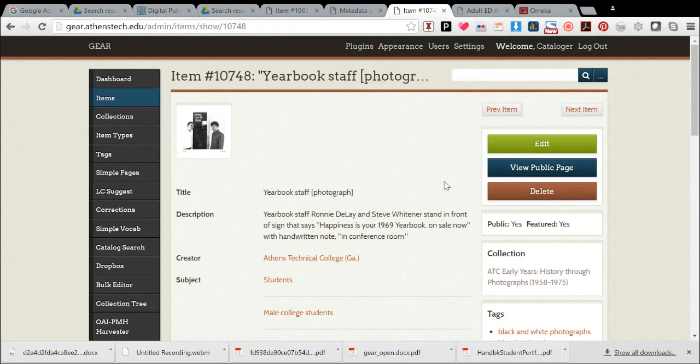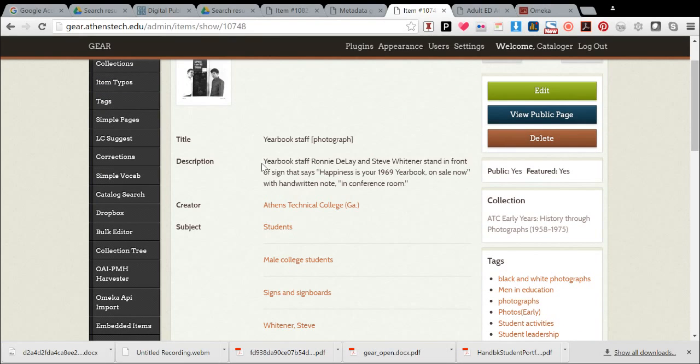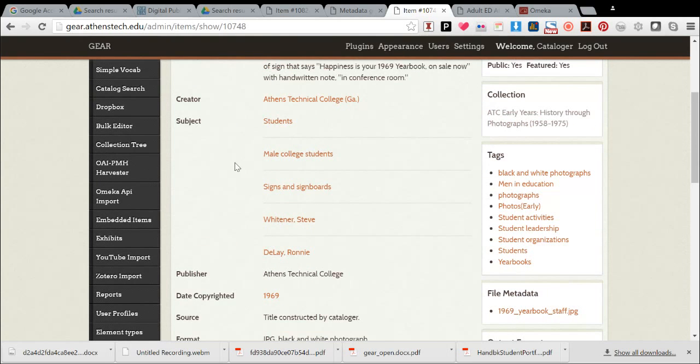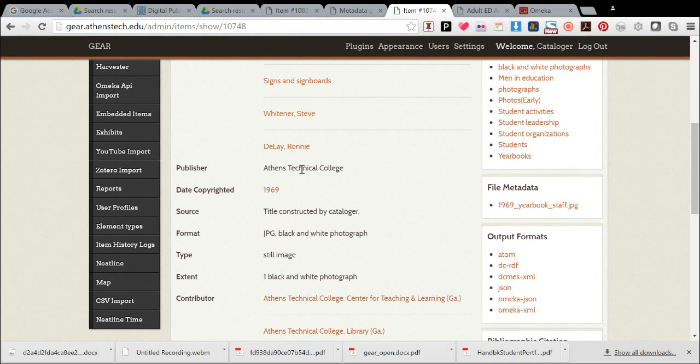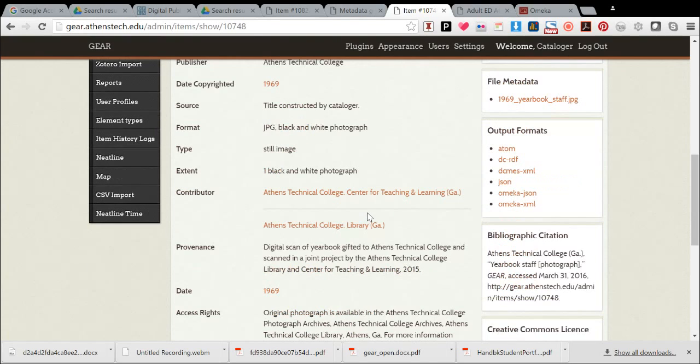So if you look at the item record, this is one where I just pulled one image from a yearbook. This is the yearbook staff, and you see the title, you see a description here, creator, subjects, these are all LCSH, publisher, copyright date. This is very typical library metadata terminology, sort of following typical standards in terms of what would be input there, then format, type, extent,